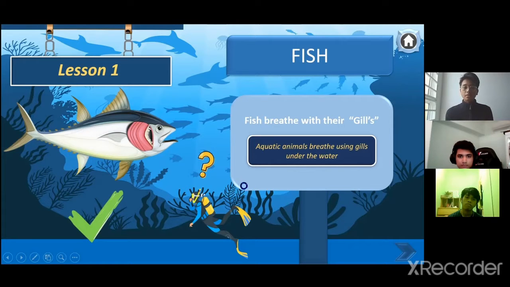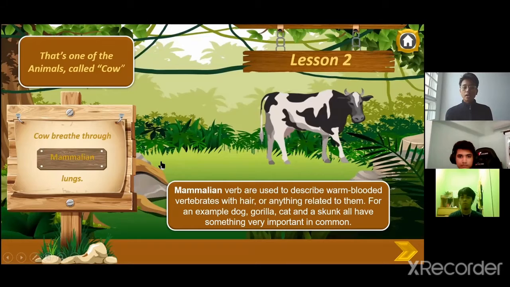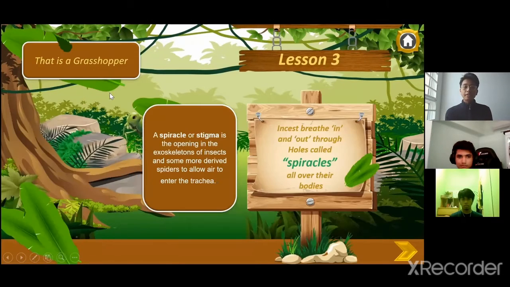And the second lesson is about cows, that's called mammals, using lungs, which describes the same breathing techniques as humans. And in this one you can also see the animation that I put, where the leaf falls down, some grasshoppers, and also the information about spiracles or stigma, as you call it.